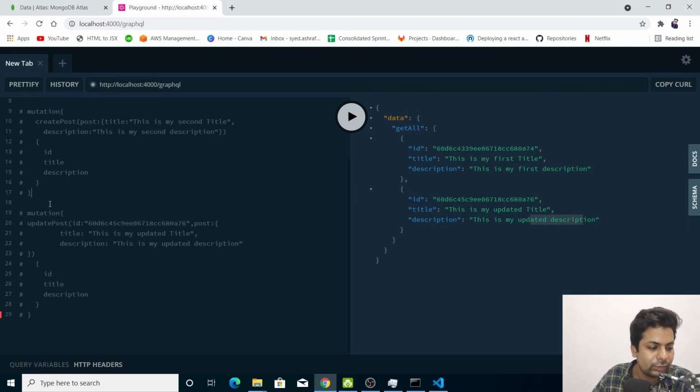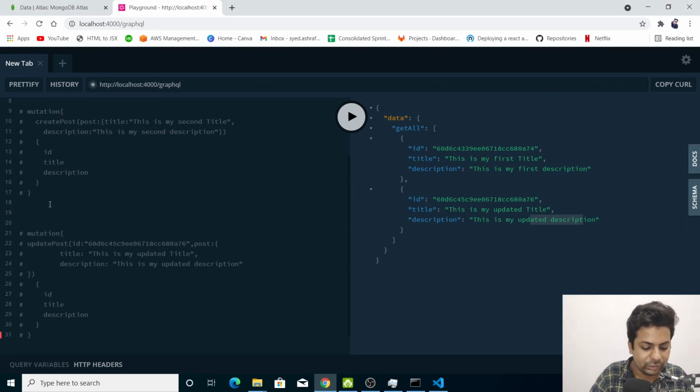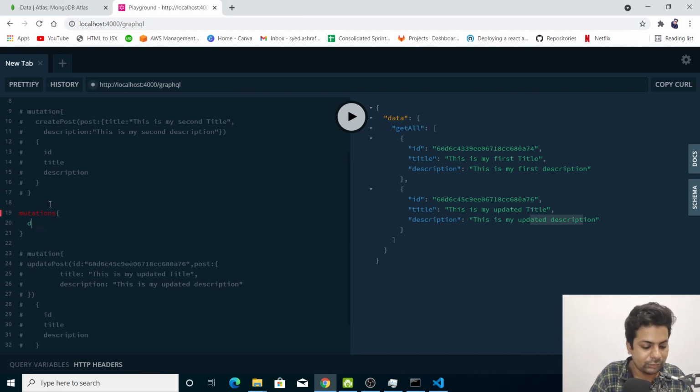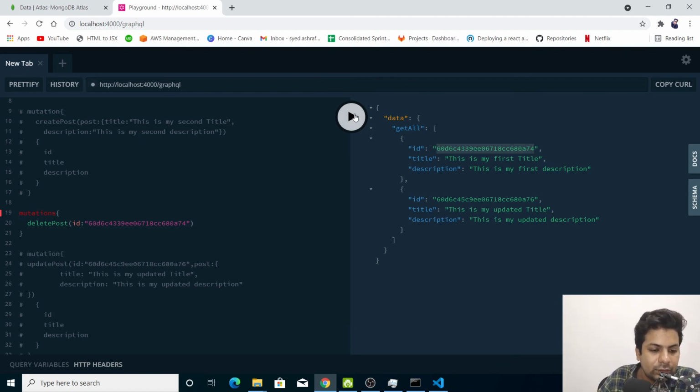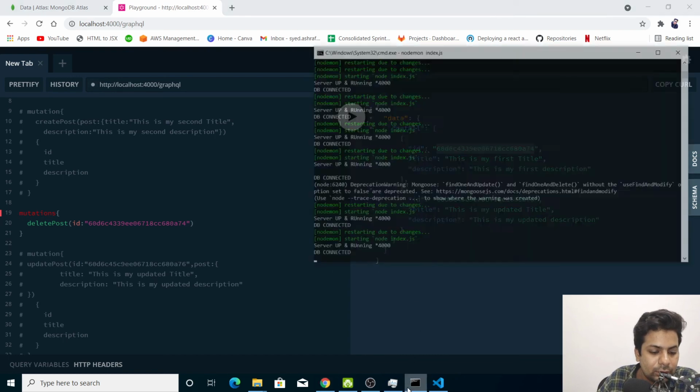So now comes the deletion part. We'll say mutation, we'll say delete post, and here we'll pass the ID. I want my first post to be deleted, so I'll just pass its ID here. Now if I hit it, oh, some error is there.